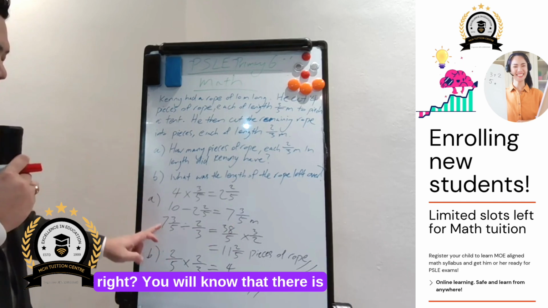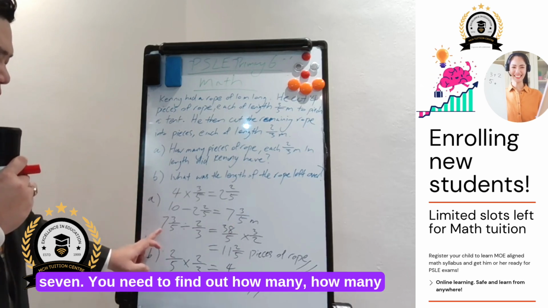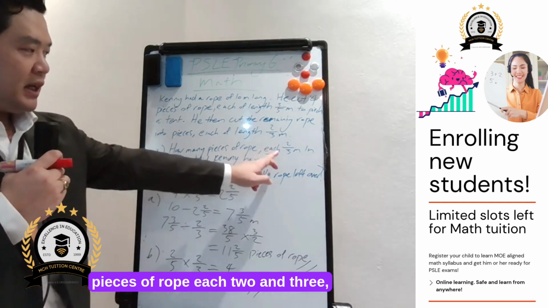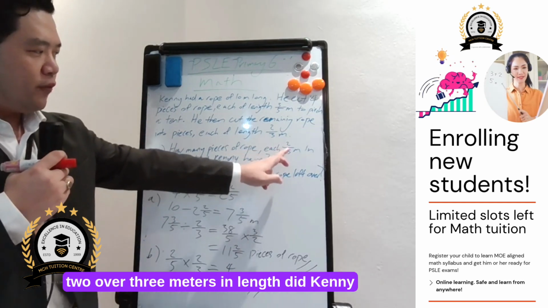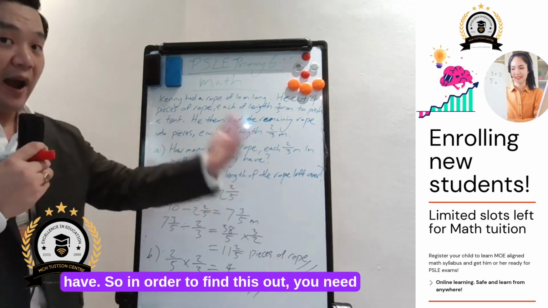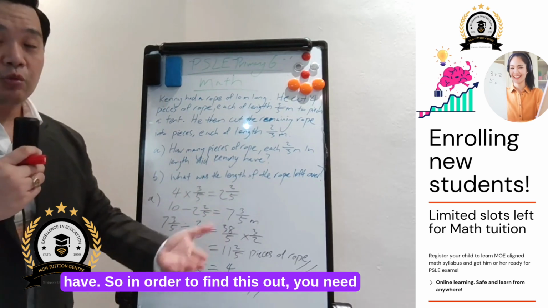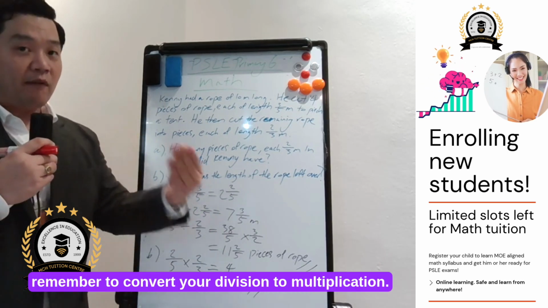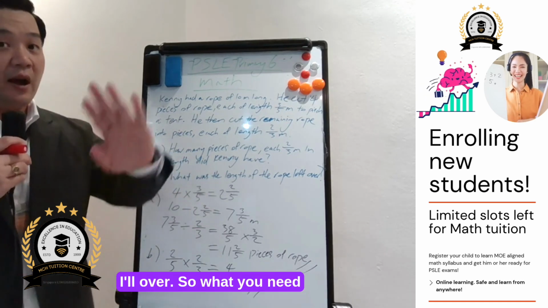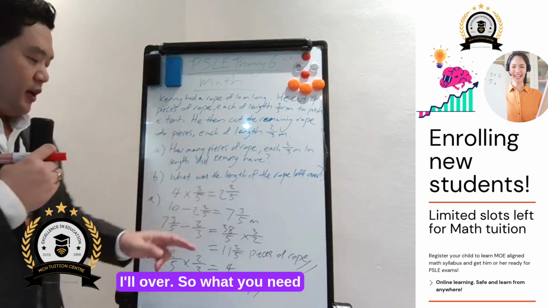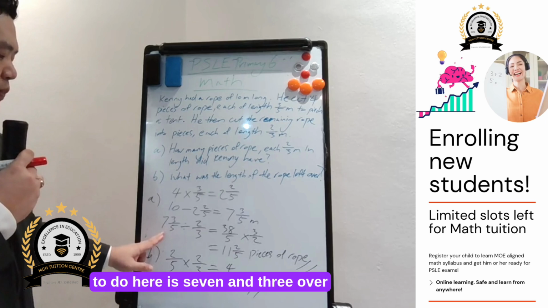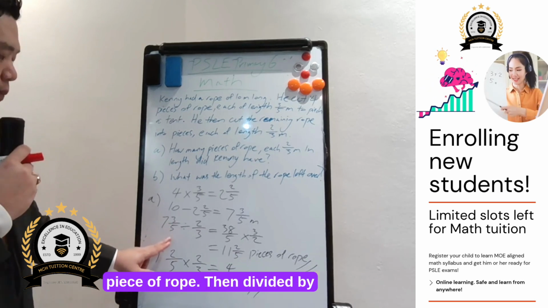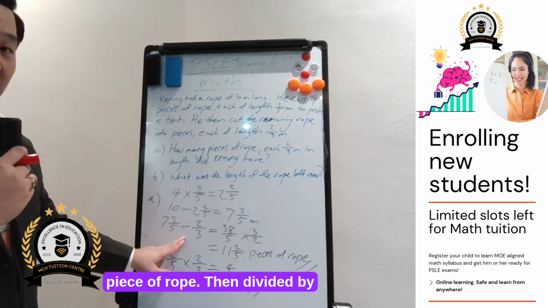Then from there, right, you will know that there is 7 and 3/5 meters remaining. You need to find out how many pieces of rope, each 2/3 meters in length, did Kenny have. So in order to find this out, you need to use division. Then remember to convert your division to multiplication and flip your fraction over. So what you need to do here is 7 and 3/5. This is the remaining piece of rope. Then divided by